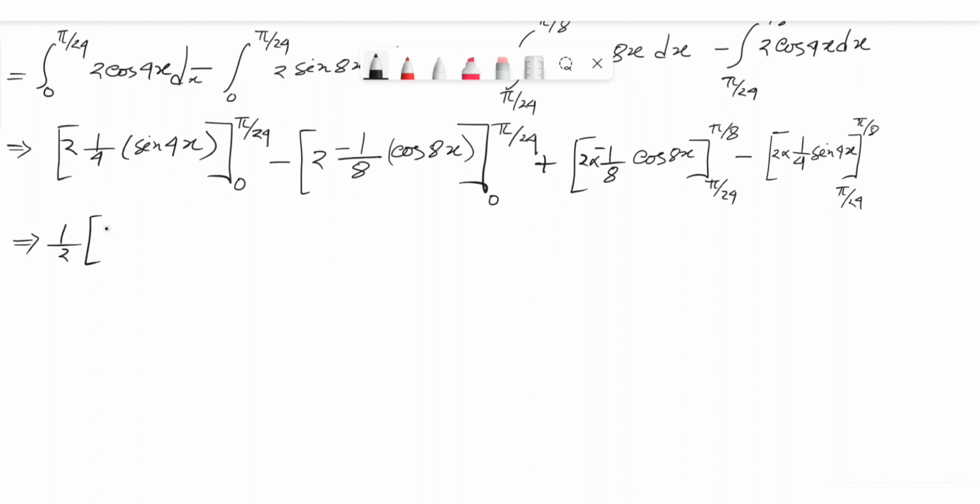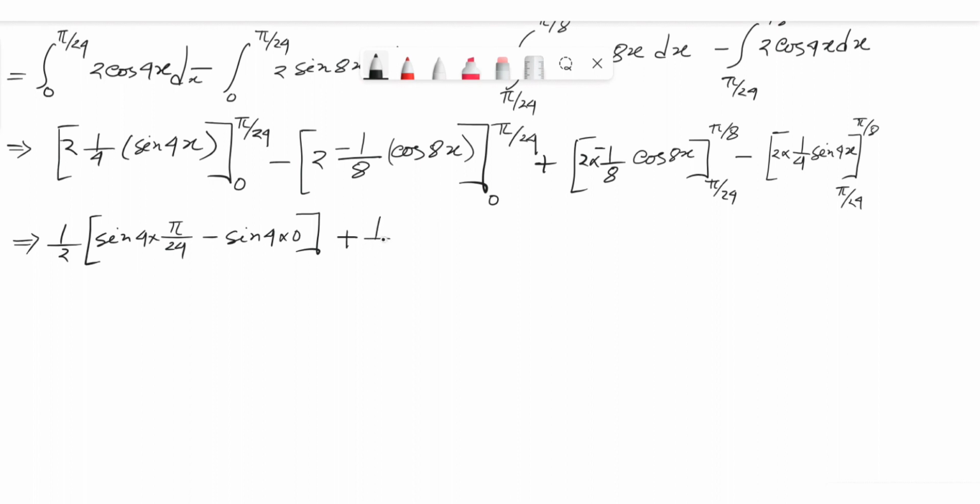So from the upper limit we will have sine 4 into pi by 24 minus sine 4 into 0, minus, from this one we can write this part from 0. We can write this minus, we can multiply this minus, from this one it will give us plus, and we cancel this one with 8,